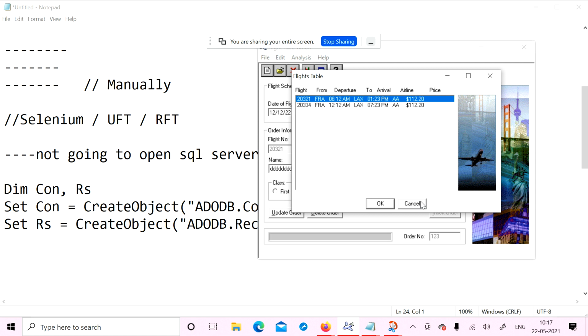Suppose the database is available in the Excel sheet, or MS Access, or SQL Server, or Oracle, we need to specify the provider name. What about the provider name for SQL Server or MS Access?